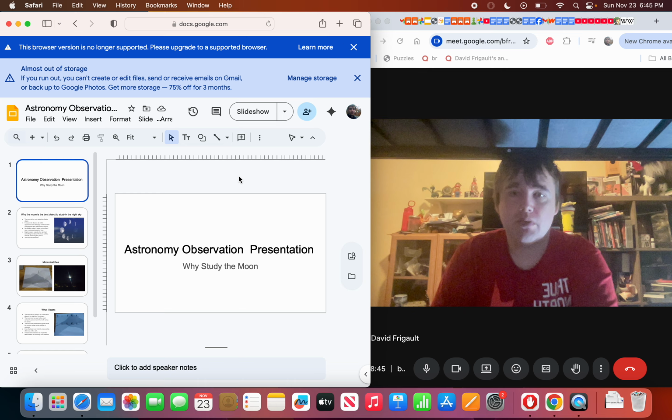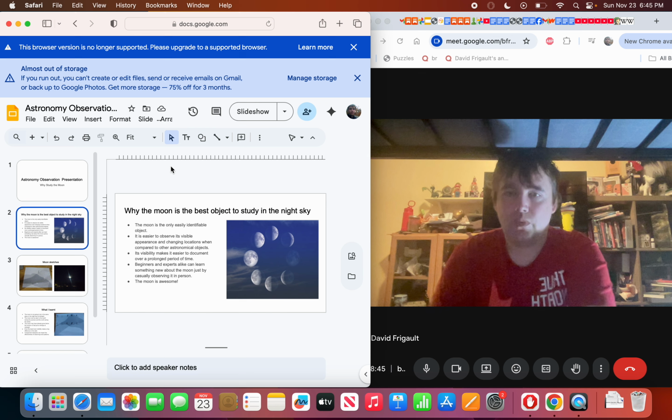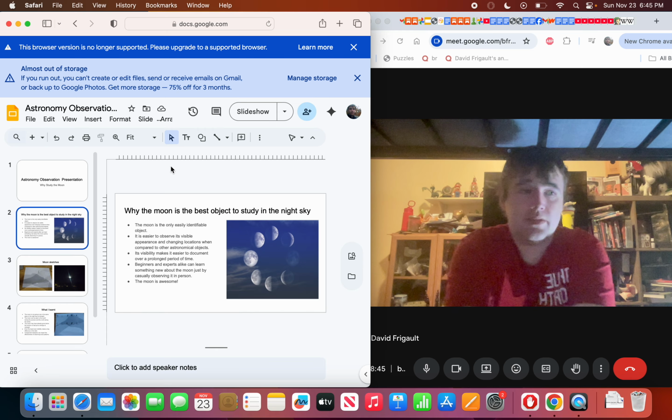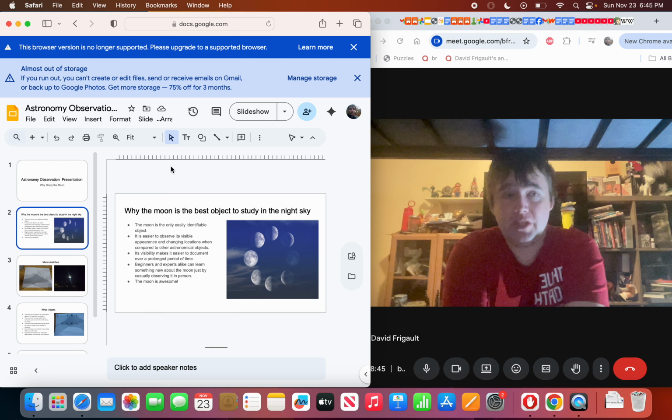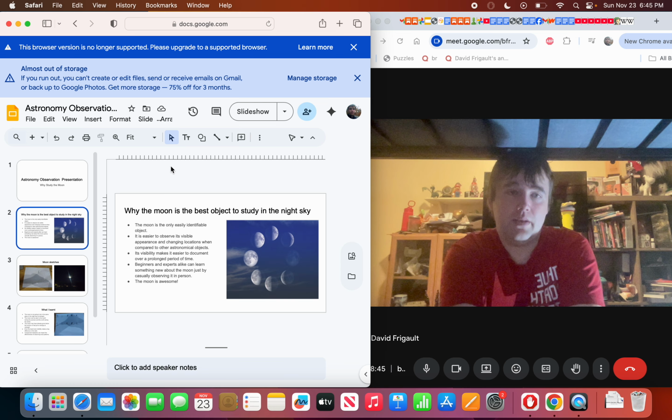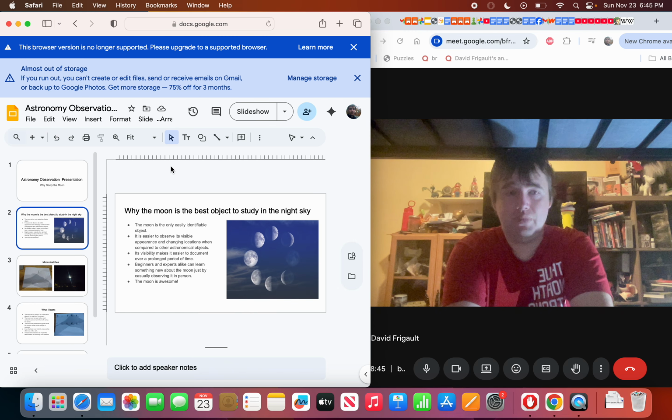the moon is probably the simplest and probably even the most educational object that either beginners or experts can learn about our night sky. So, for one, the moon is pretty much the only object that just about anybody can easily identify. Its visibility changes shapes every month. Now, the moon itself, of course, is always as is, but from our perspective, it always changes every month, which I find makes it easier for even amateurs to appreciate the changes that our night sky can pose.